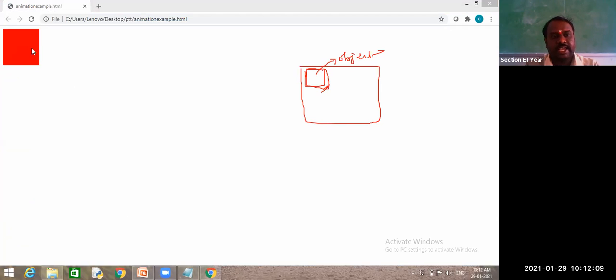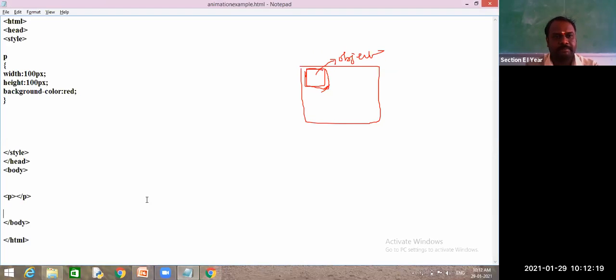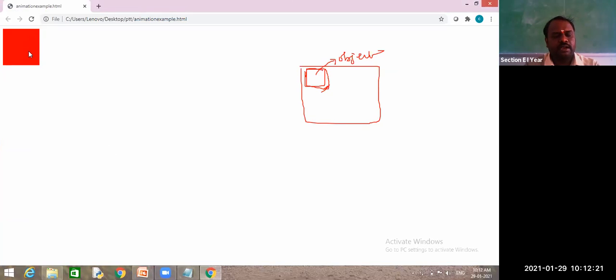So along with changing color, I need to move the object. If you know this basic one, then we can understand all the remaining properties. So I will go to the previous example one more time. Initially, first I will go for moving an object. So my object wants to move from this position to this right corner. Right now it is at the left corner. My element wants to move.